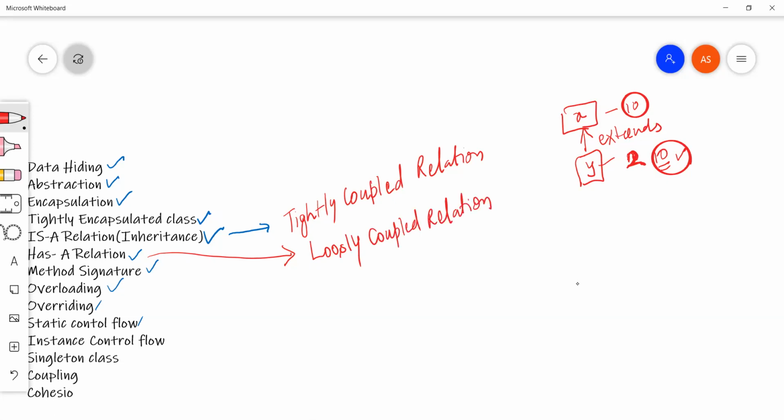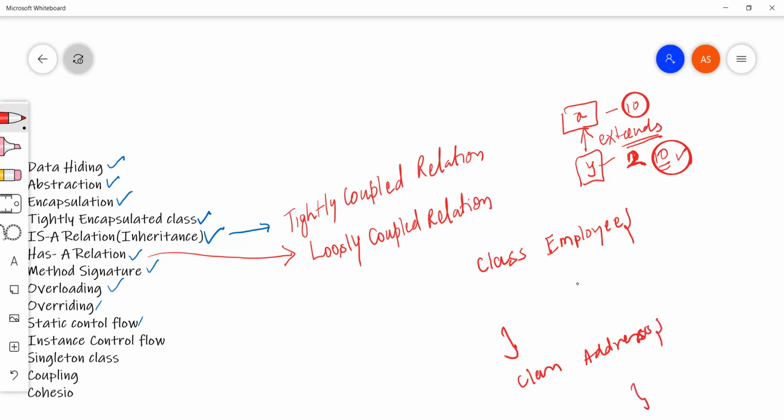When we say is-a relationship, we use extends, but when we say has-a relationship, we don't need to use any keyword. For example, we have a class Employee, and this Employee class has an Address. We discussed the same example yesterday as well. We have Address a = new Address().